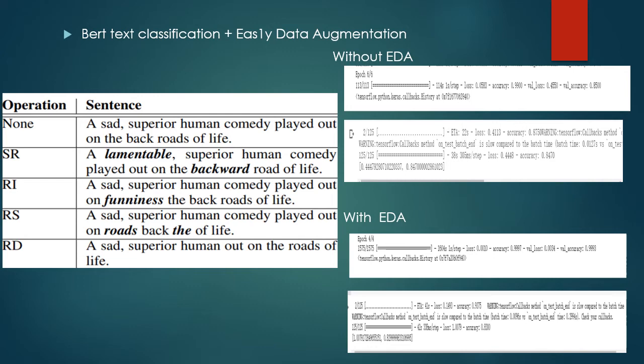However, take a look at the result with EDA. The validation accuracy is 99.9%, but the evaluation accuracy is only 83%. This means that EDA's augmented text is too similar to the original text, so the validation data is way too similar to the training data. Hence, we can conclude that easy data augmentation couldn't improve BERT's accuracy.